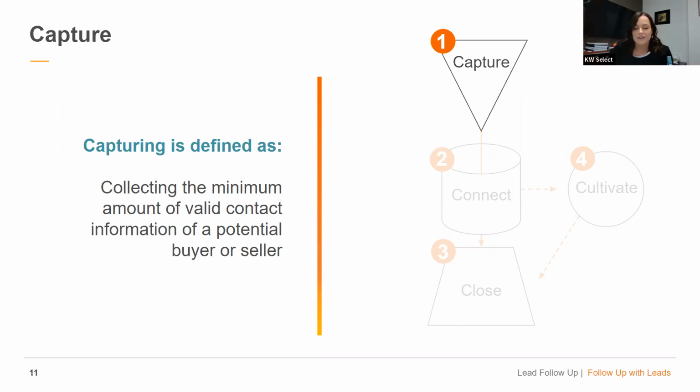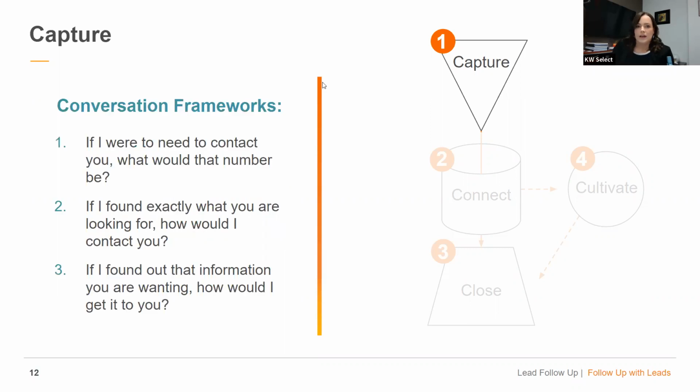If you do any mailers or flyers, or you have a booth in a home show, any of those type of things are places where you can capture leads. Okay. So when you're capturing leads, it's important to know what you're going to say before you start that conversation. In your manual, there are some guidelines for conversations. So we have a couple here on the slides as well.